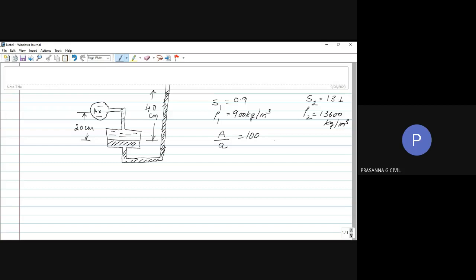Now suppose I write for this fluid the head over the reference. This is our reference datum, right? They have given this, so this is my reference datum. So what is H1 for the fluid? 0.2 meters. And what is H2 for the heavy fluid? 0.4. Okay. Now let's write the equation. Pressure at A plus rho 1 G H1 is how much?